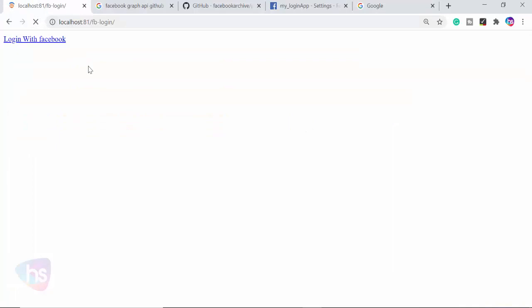Now you will get the Login with Facebook. If you click this button, you will be redirected to the Facebook login page. Yes, Login with Facebook is coming now. If you click this, it will redirect you. If it is not redirecting, and going back to the home page is not happening,